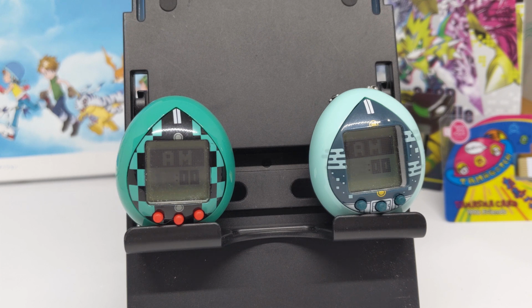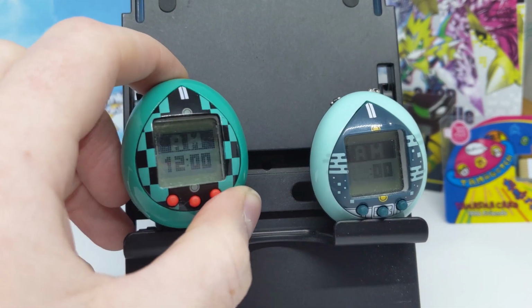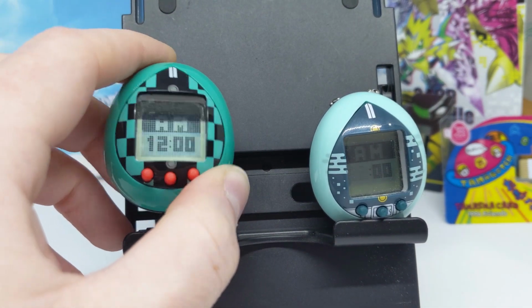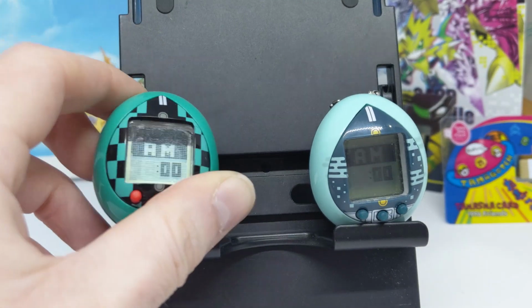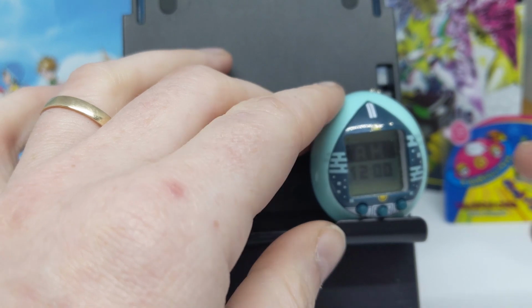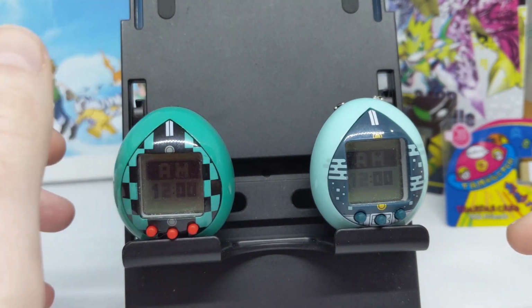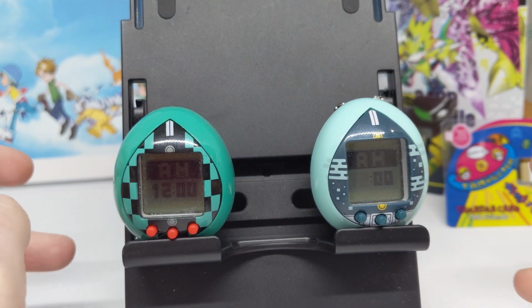In this video we're going to be taking a look at and comparing the two different versions of the Demon Slayer Tamagotchi Nano. So first up we have the standard version, which is in the Tanjiro shell, and this was the version that came out last year. And then we've got the Hashira gathering here, which is the version that came out this year. So the key difference between the two is that they have different games, but they also have a few different